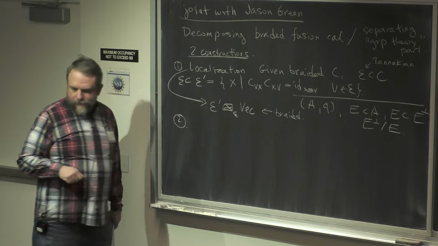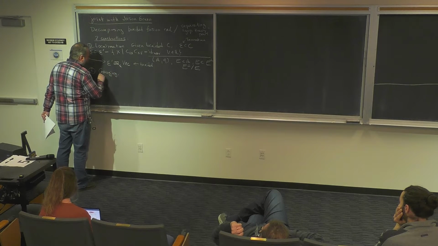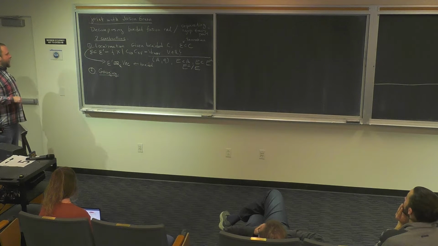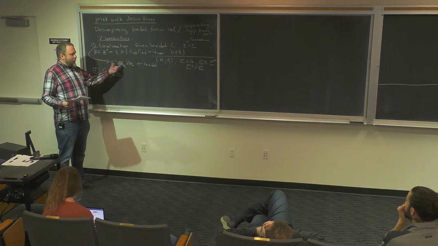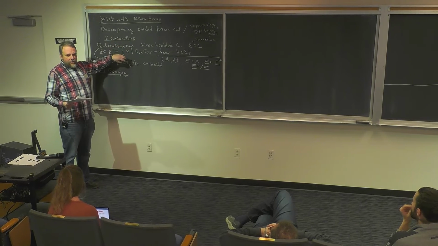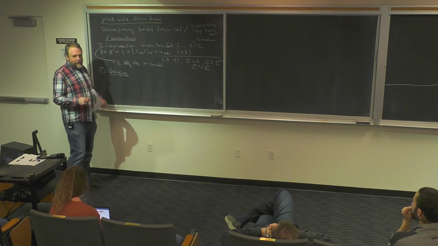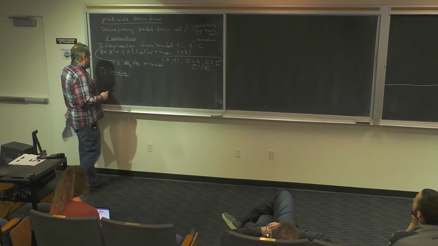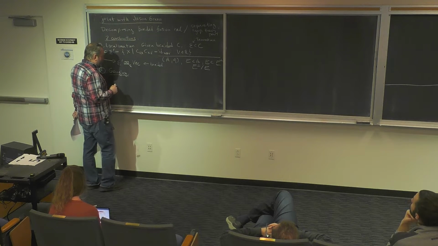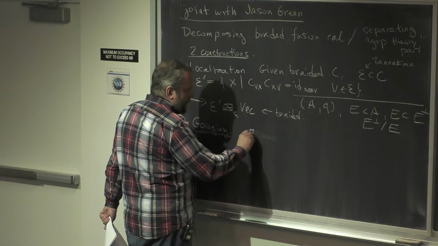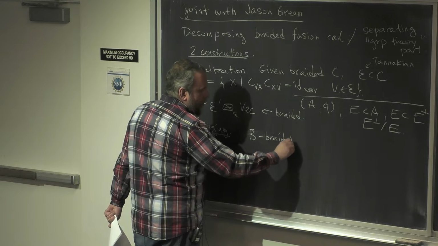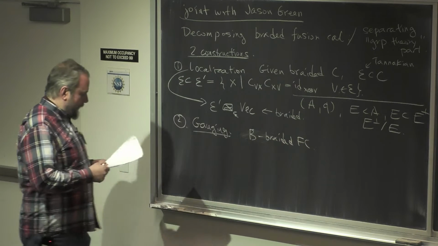There is a construction in the opposite direction called gauging. So here is what we do. Here we sort of start with this thing and are trying to enlarge it to construct a larger category which contains a Tannakian subcategory inside it. So the way it works is as follows. Here I will need a group. So given a group G, and let's say B a braided fusion category,